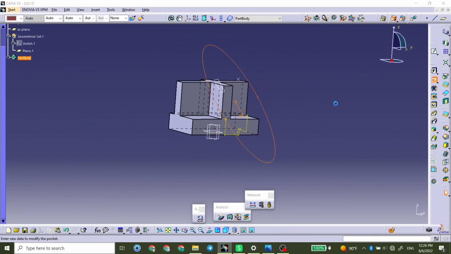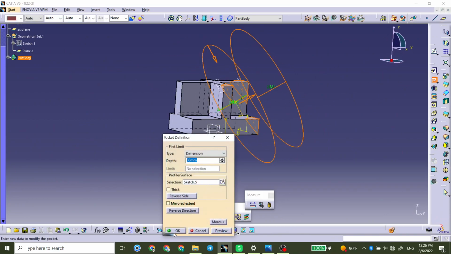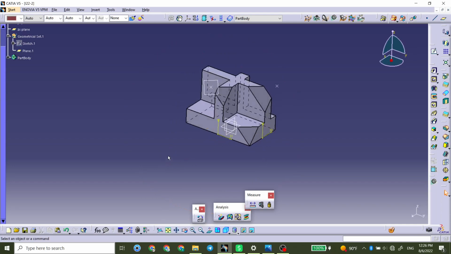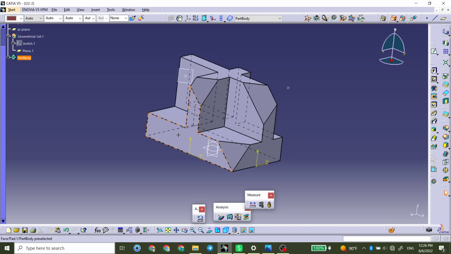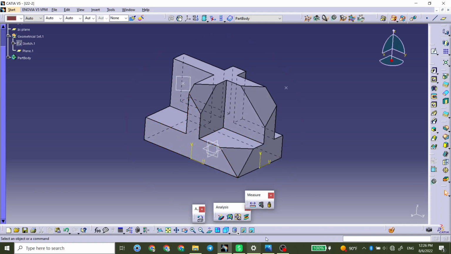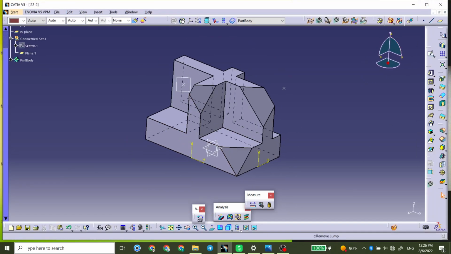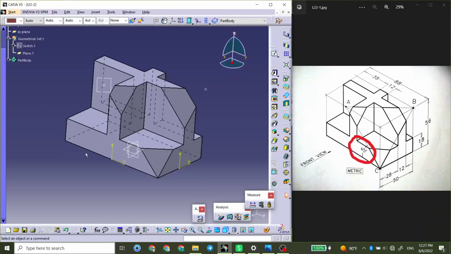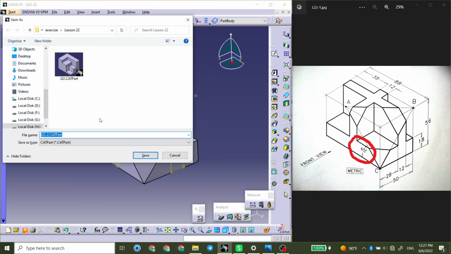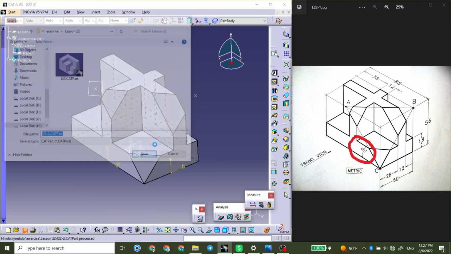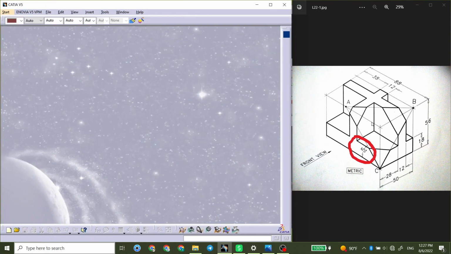And I want to cut it right through all of that. It's going to be like this. It is exactly what we are looking for. So I save it and make another again